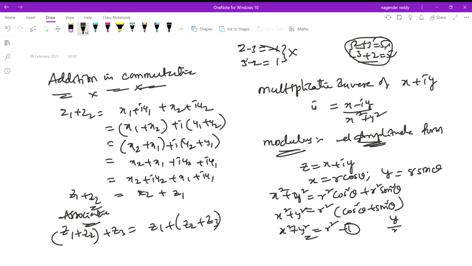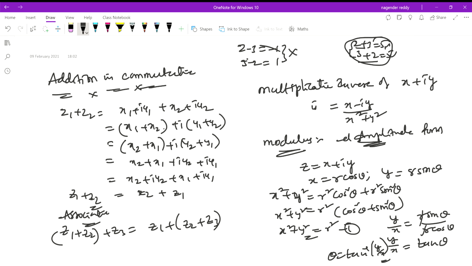If you take y by x, it is equal to r sin theta by r cos theta. If you cancel these two, then we'll get y by x is equal to tan theta. Then theta is equal to tan inverse y by x. Why are you going for tan? Why not the others? This tan gives an exact value in its modulus form. So in modulus form, we'll go for tan only, which includes the slope of the line. So that's why we are going for that.